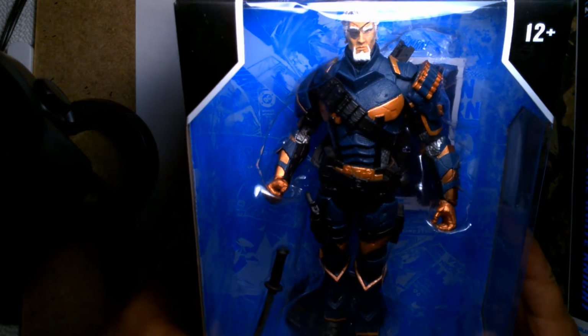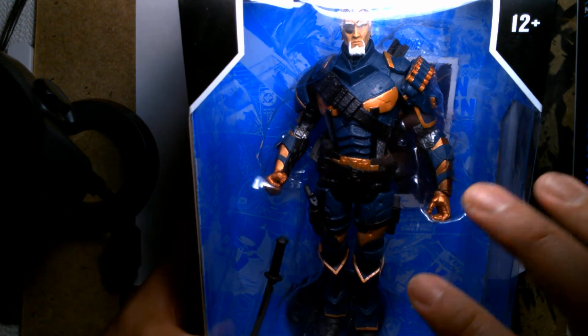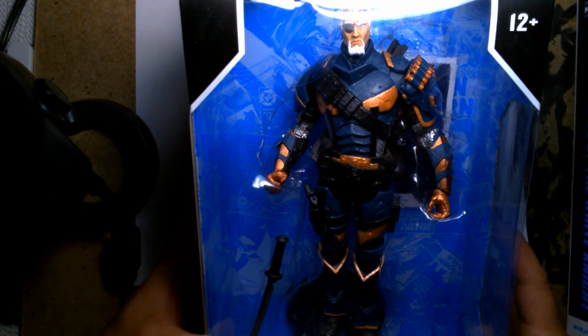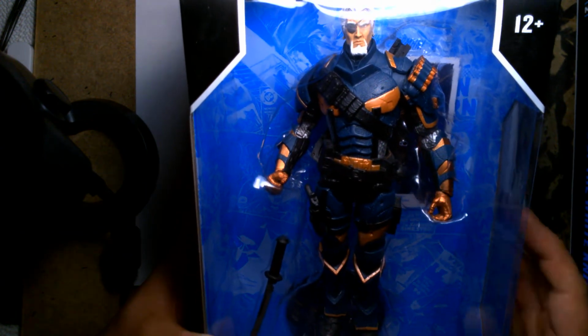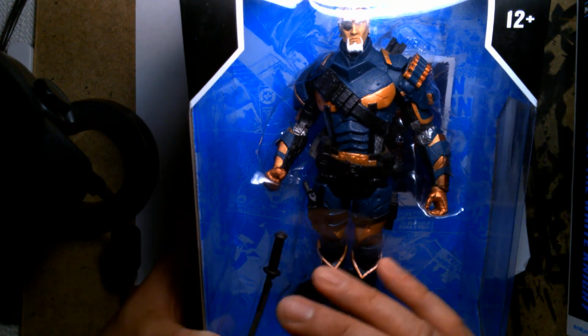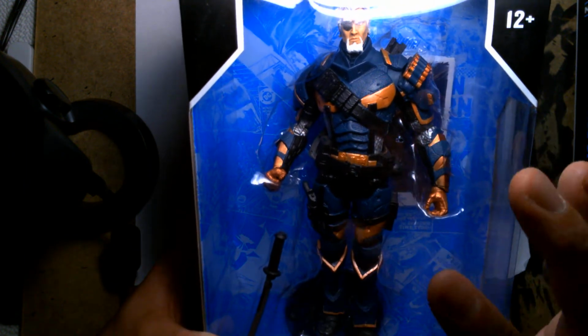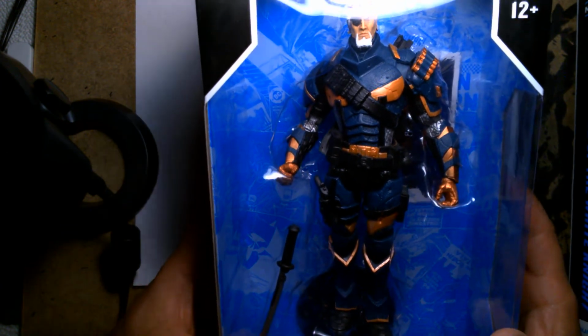Now, I know some people out there have some issues with the scaling of the figures, because the scale is not always consistent. And the posability, even though they're highly articulated, sometimes doesn't feel as playable. But regardless of those things, I think the end product is always amazing. And McFarlane, God, they've been...